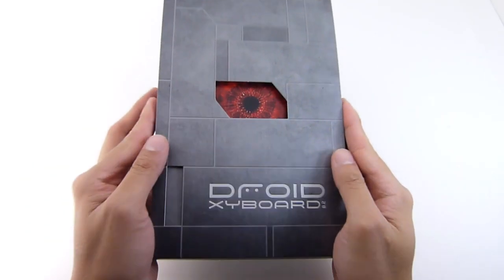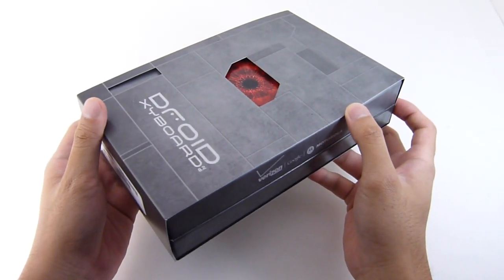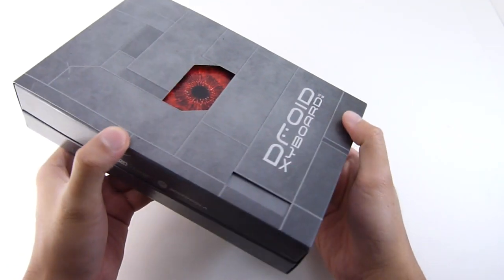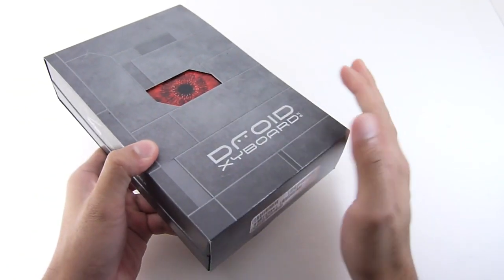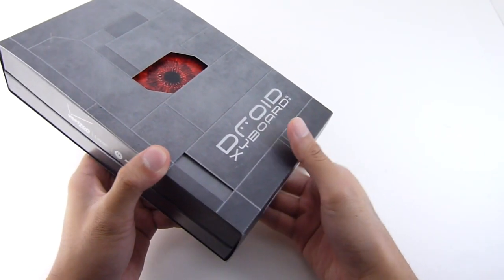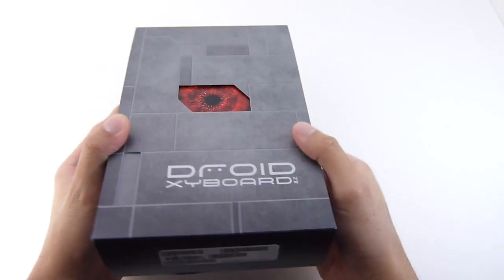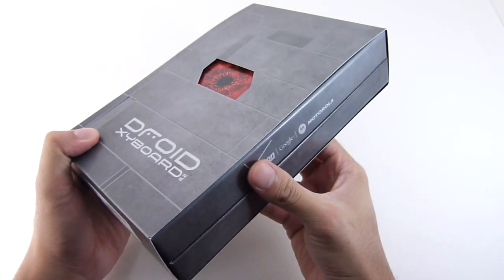I have the Motorola DROID XYBOARD 8.2. This is actually the US version of the Motorola Zoom 2, the Media Family Edition overseas. They're basically the same, this one being a Verizon-bound device. It has a Droid name just like their smartphones, but now in tablet form. So I'm going to do a quick unboxing, show you the tablet itself, and do a quick hands-on look at